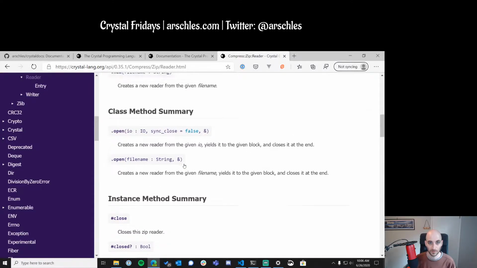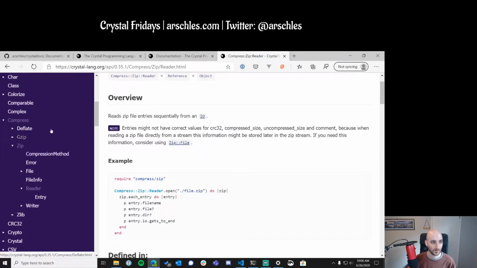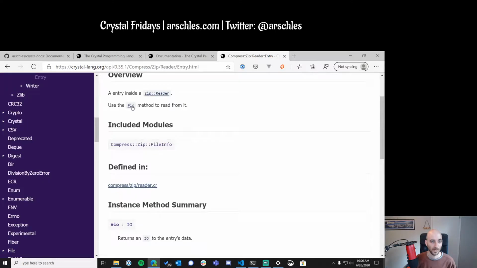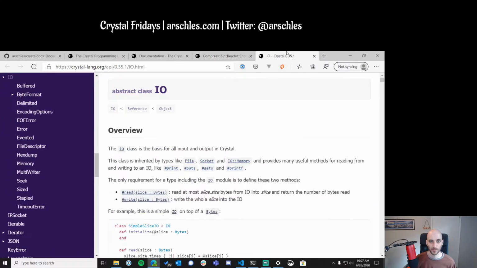Creates a new entry, closes it at the end. I'm guessing that zip reader gives us some kind of a file. Oh, entry. That's what it is. Use the IO method to read from it. Okay, cool. So the IO method to read from it, I'm just going to open up the IO into a